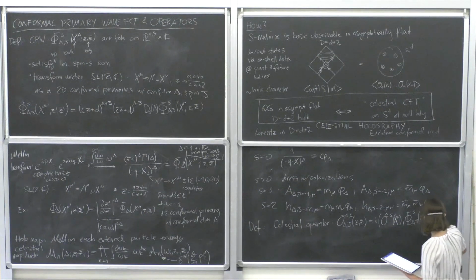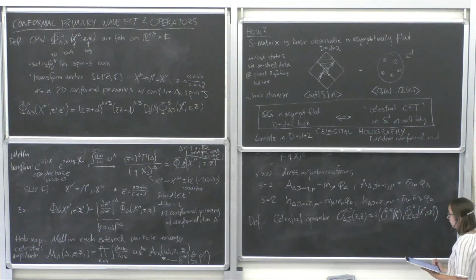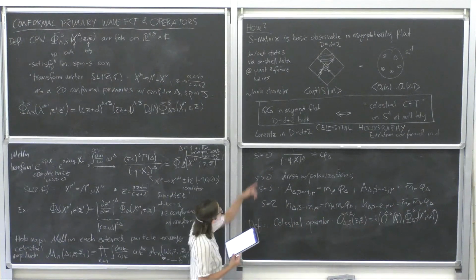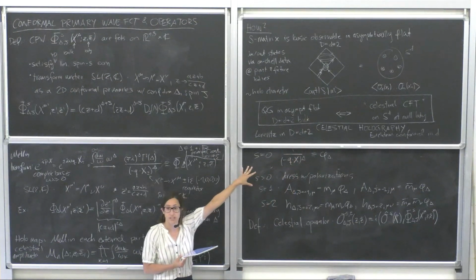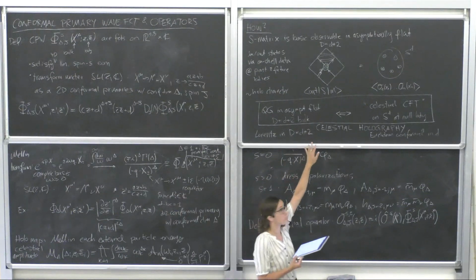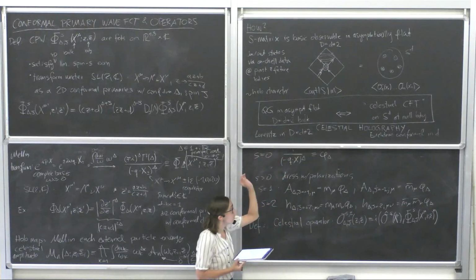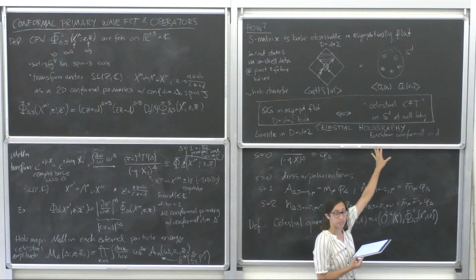Okay, so now let me explain to you what that means. How do you usually define an operator at the boundary, like in this momentum space picture? We want to have creation and annihilation operators that create for us particles with some definite energy in this picture, and at certain points. Now I want to create operators not with definite energy, but with definite conformal dimensions.